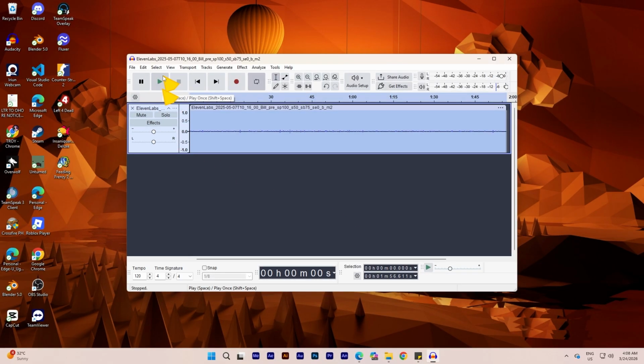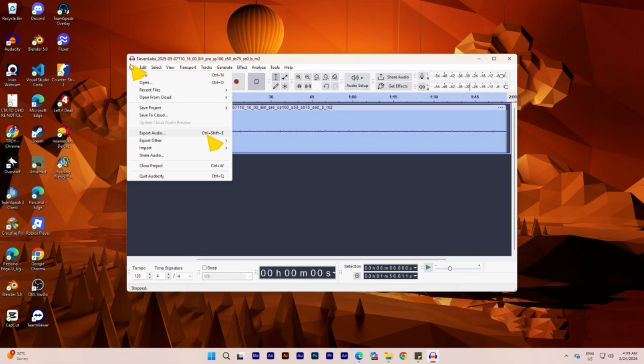Click File, Export Audio to save your cleaned audio file. Tip: apply effects gradually and preview often to avoid